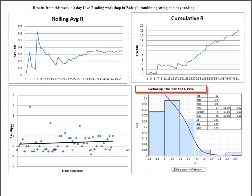This is a scatter plot of the trades by sequence. So trade 1 was here, that was a scratch. Trade 2 was a fractional win, and so forth. You can see there were only 4 trades that were better than 1R, no trades worse than minus 1R. That gives a histogram that looks like this, which is what I look for in my own trading,